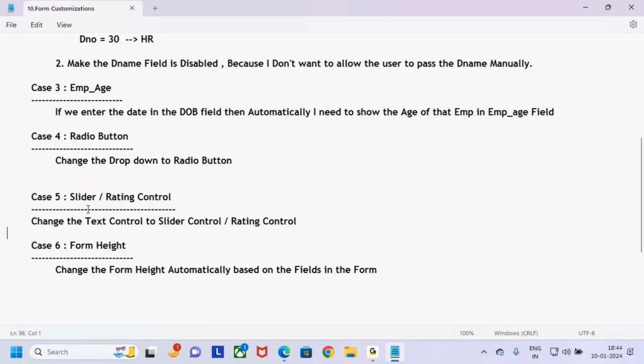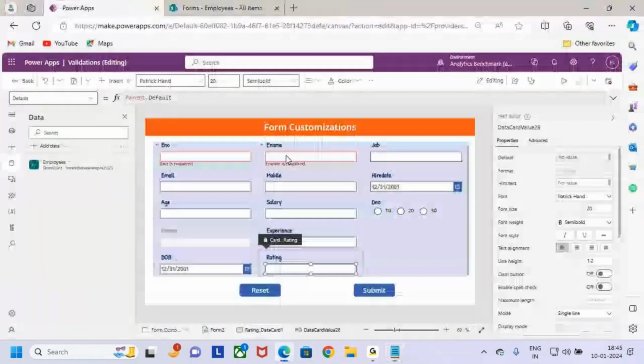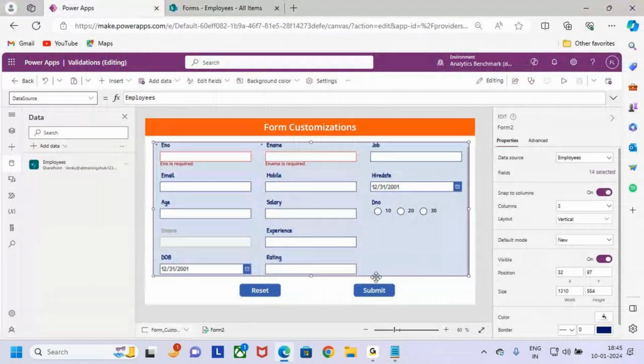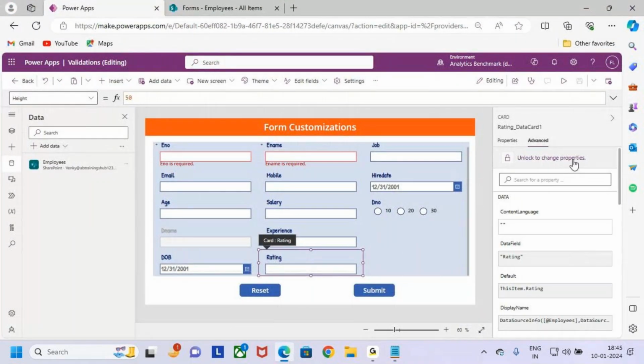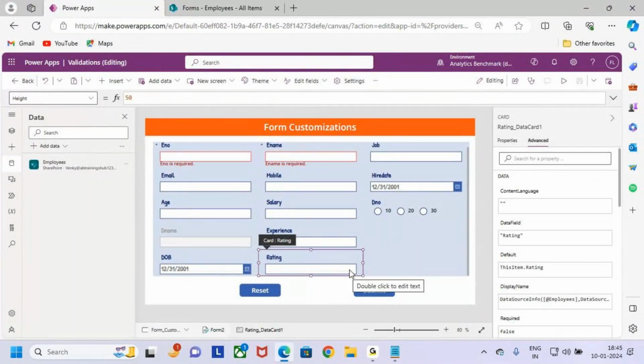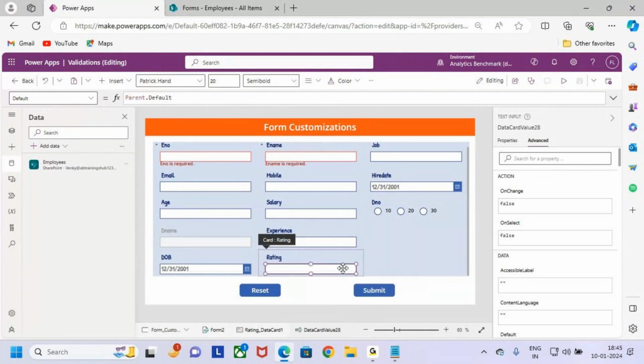First let me show you how to change it to a slider control, and then I will show you how to change it to a rating control. So go to Power Apps. First select the data card, go and unlock it, unlock the data card. Now select the rating control, just reduce some size and keep it somewhere, and go to the